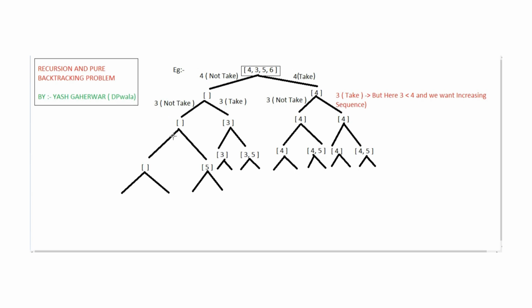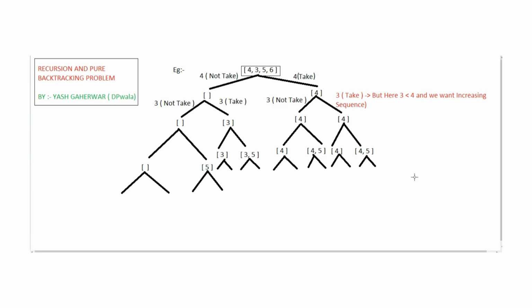So hope you understand the approach behind this problem. So here, to solve this problem, you need to consider 4 to 5 points that are necessary. The first and the most important point is that you need to consider that each number is having two choices, take or not take it. So you need to move according to it only. Second, the numbers you are inserting in the current array must be greater than the last element of that particular array. So here we have seen that in the red color I have marked it. So this is the second case.